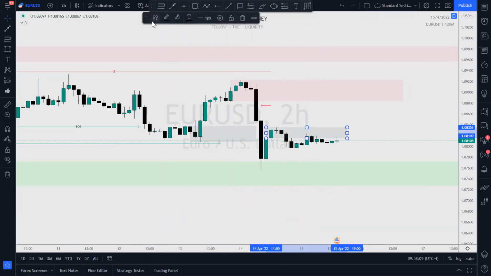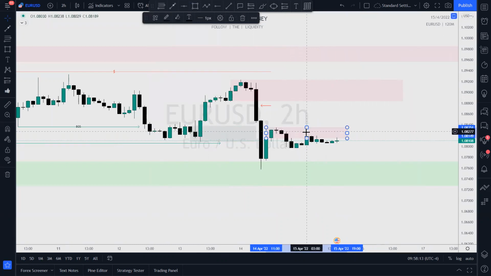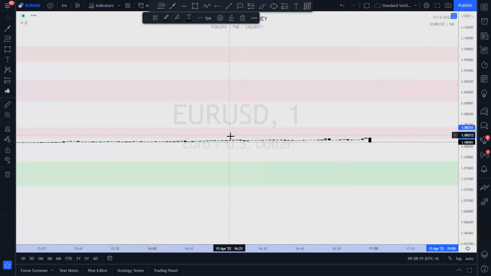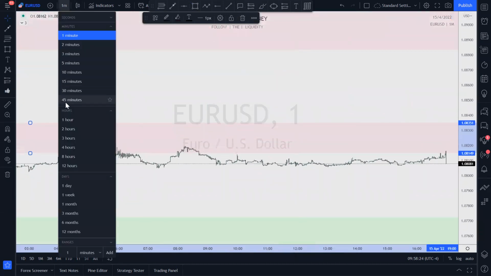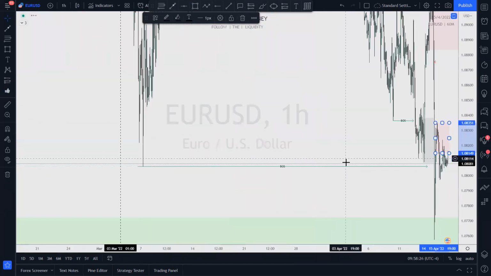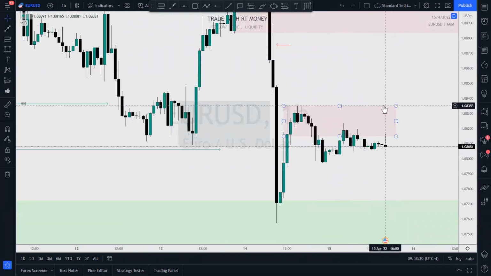All right. Hit the supply zone, hit its high there, and price respected it. All right. What am I expecting at this point? I'm going down to the 1 minute. Not the 1 minute, the 1 hour. All right. What am I expecting? All right. If price